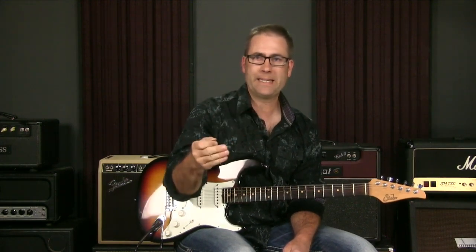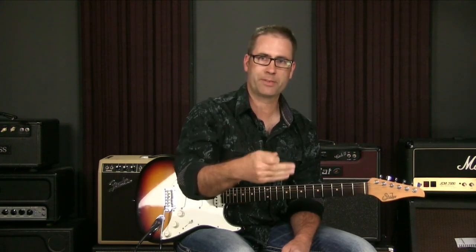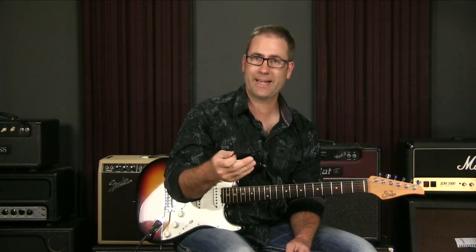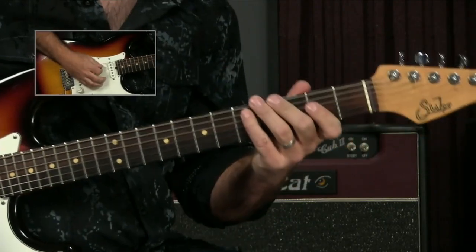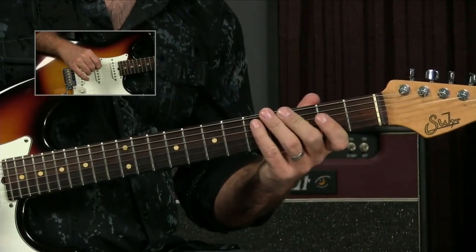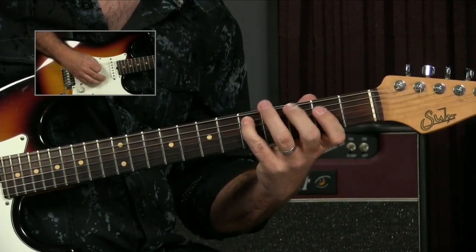So, in all likelihood, playing along with me isn't going to work out very well right off the bat. You're probably going to have to just play with the sheet a few times. But when you think you've got the hang of it, come back here and let's give it a try, okay? So here we go. 1 and 2 and 3 and 4 and...